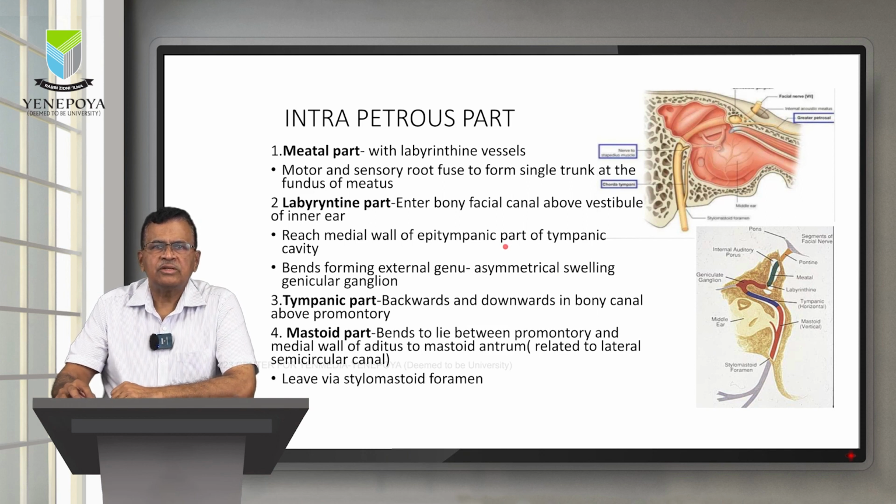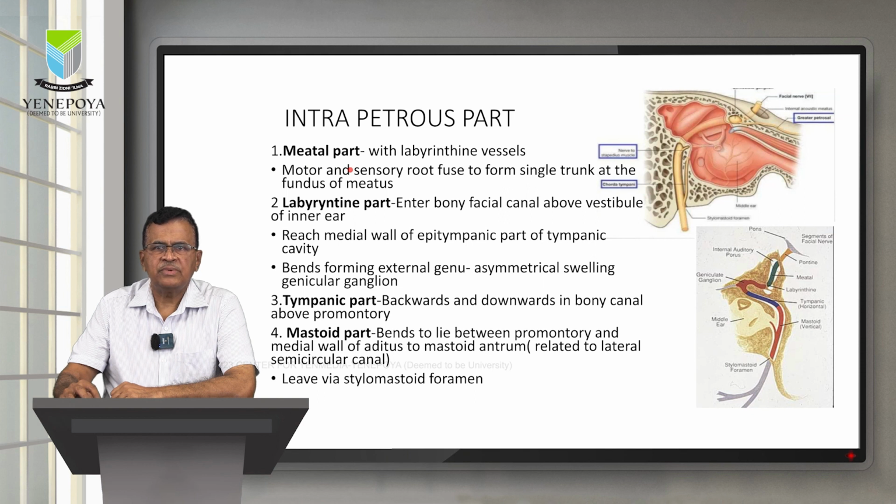The third part of the facial nerve, better known as the intrapetrous part of the facial nerve, because here both the internal auditory canal as well as the facial canal are harbored in this petrous part of the temporal bone. The first 1 centimeter of this part is running in the internal acoustic meatus, so we call it the meatal part,